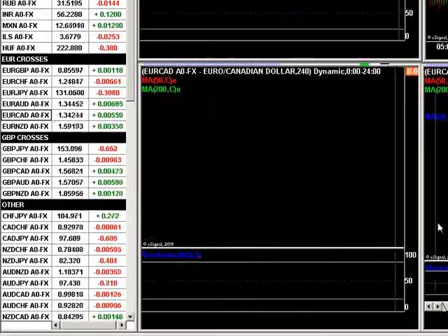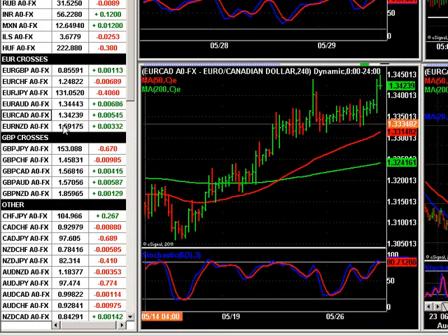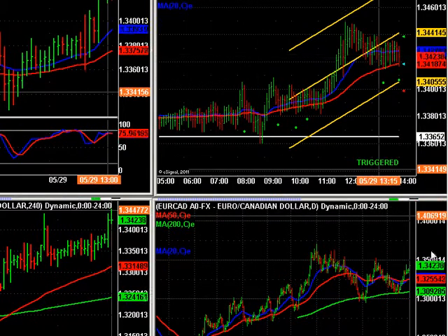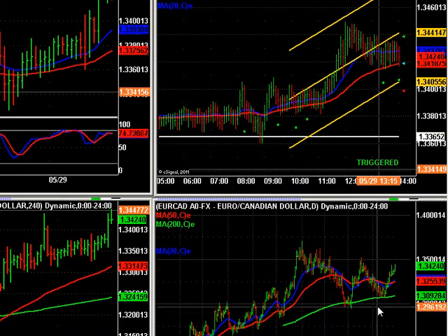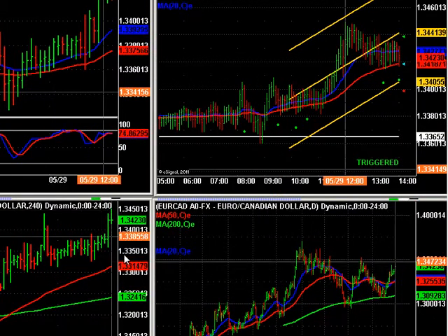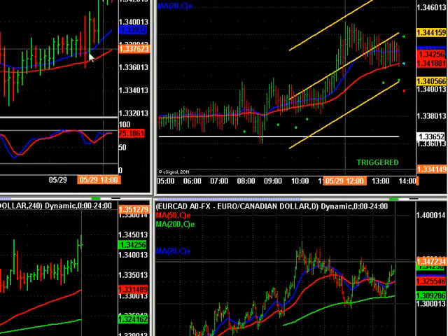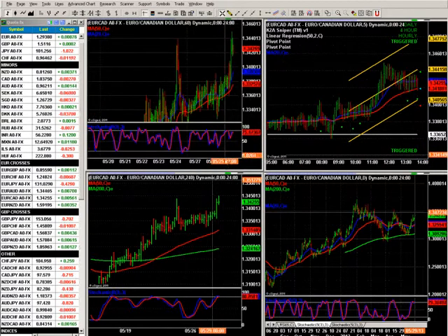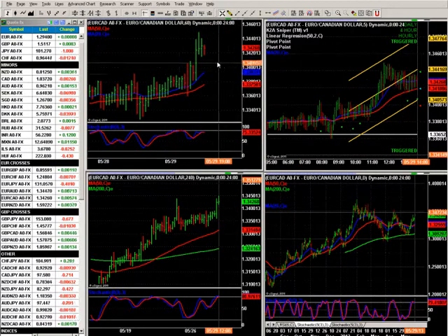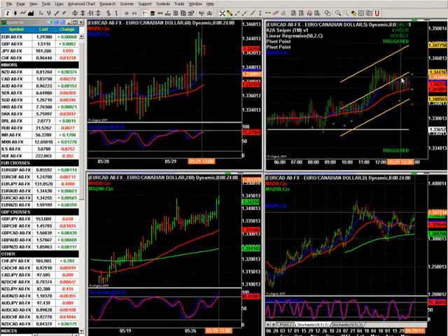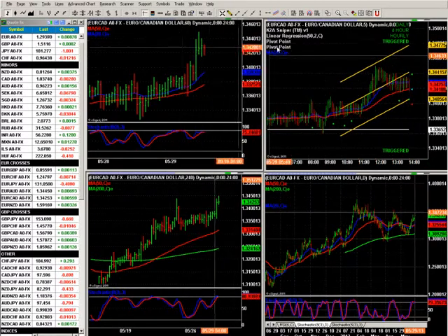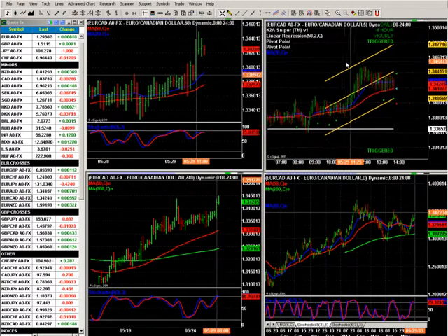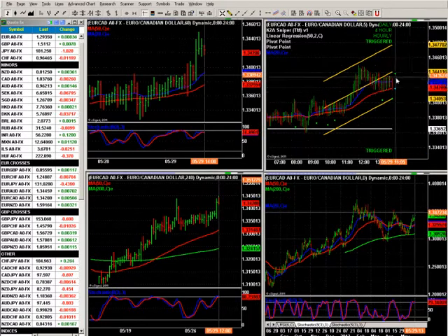Euro Canadian. Right, what's happening here? We've got Euro Canadian above on the daily, above on the 4 hourly, phase one there. On the 60, we had a big move to the upside. This could be the potential phase two pushing down, and here is giving snipers, but it's not very correlated with the 60-minute time frame because this could potentially go down, which means if this chart goes down, the 5 minute will also go down as well. Okay.